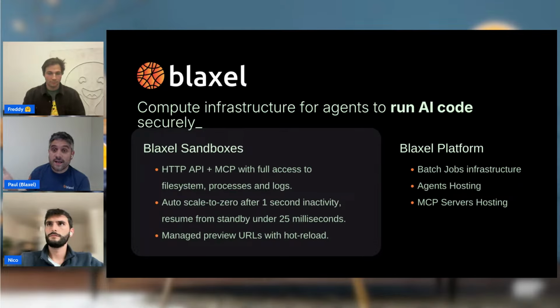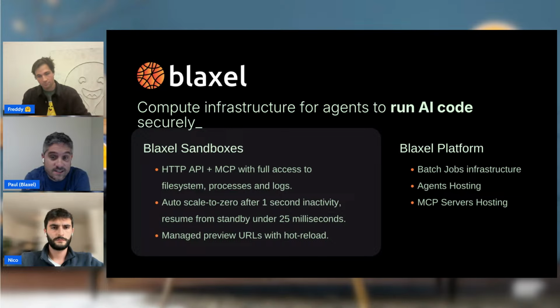To communicate between your agent and the Sandbox, you can use either a standard HTTP API or the MCP server. Since it's the first anniversary of MCP, we encourage you to use the MCP interface to communicate between the Sandbox and your agents. The Sandbox with the MCP and the API gives you full access to the file system, the processes, the logs, and creating real-time previews of the application your agent is building.